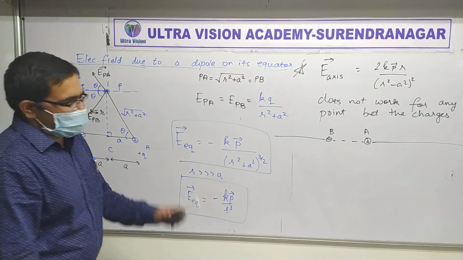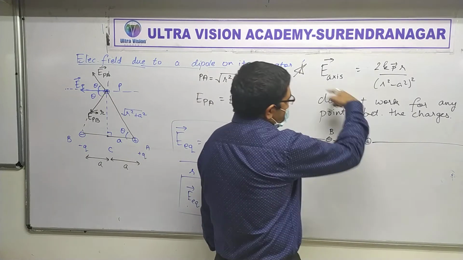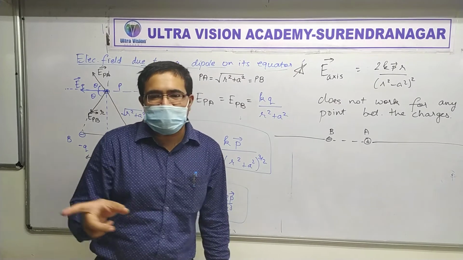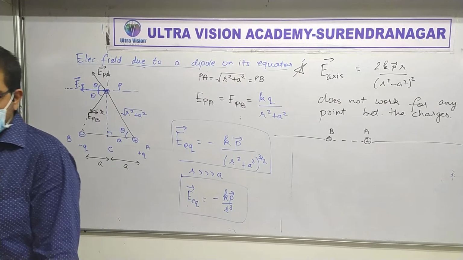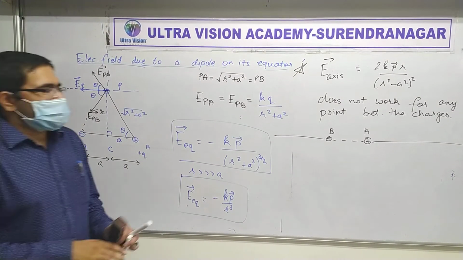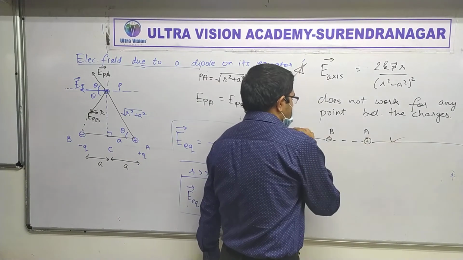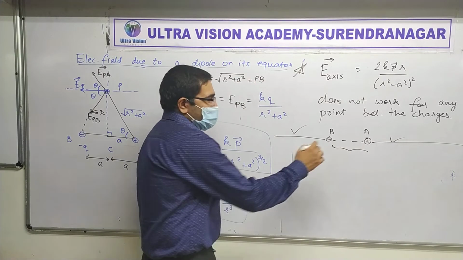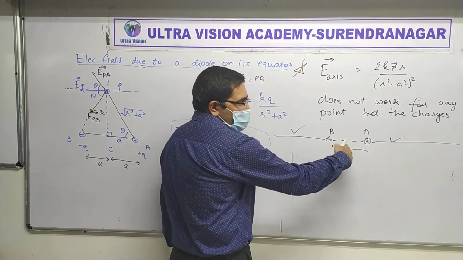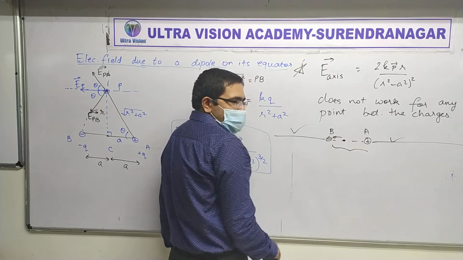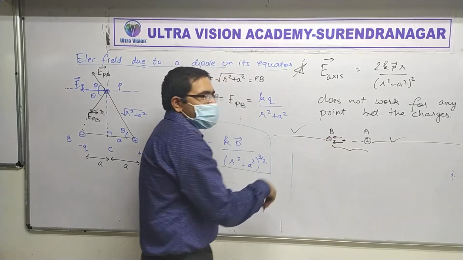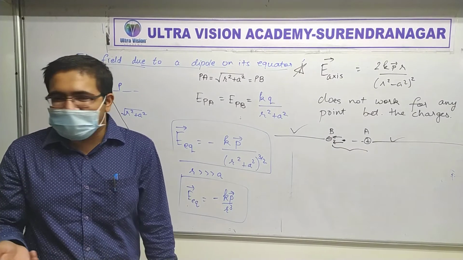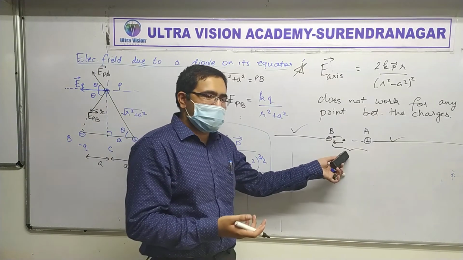Right? Why is it like that? Let me also explain. If we go back to this diagram for axis, look, the two electric fields are in opposite direction. Yes or no? Everyone sees that? So that happens here and that also happens here. But it doesn't happen here. Check that. If you take one point, electric field over here due to positive charges is towards left side, due to negative charges also towards left side. So that's wrong. That's not how we have derived it. So it's not a surprise that it doesn't work.